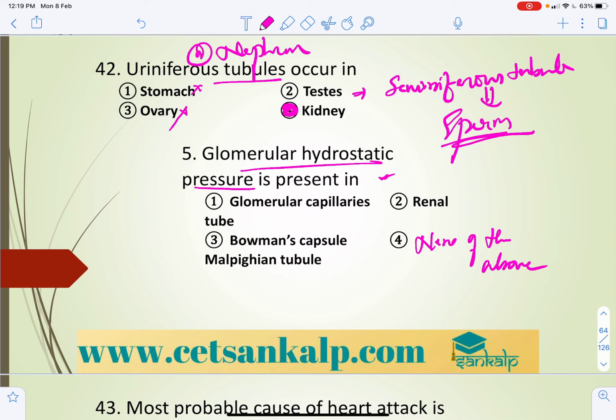Renal tube, no. We can say tubular pressure, and here glomerular capillaries, in which the glomerular hydrostatic pressure will be seen. So that is GHP in the glomerulus, by the water present in the plasma. Next,